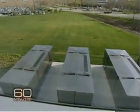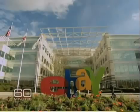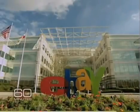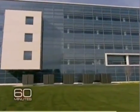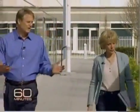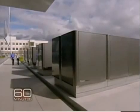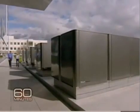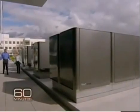Another company that's bought and is testing the Bloom box so KR can work out the kinks is eBay. Its boxes are on the lawn in the middle of its campus in San Jose. These things fuel almost 15% of the power on this campus. John Donahoe, the CEO of eBay, says its 5 boxes were installed 9 months ago and have already saved the company more than $100,000 in electricity costs. It's been very successful thus far. They've done what they said they would do. eBay's boxes run on